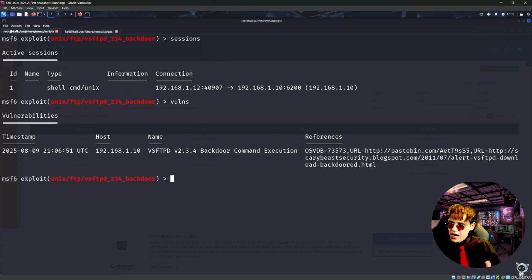Others actually aren't there in Metasploit, but even in those cases, we could use Metasploit to speed up some of